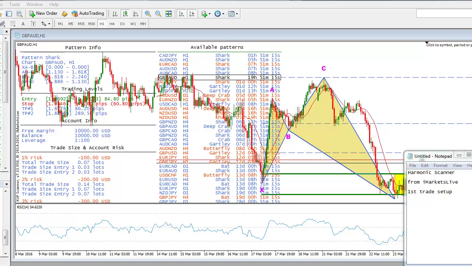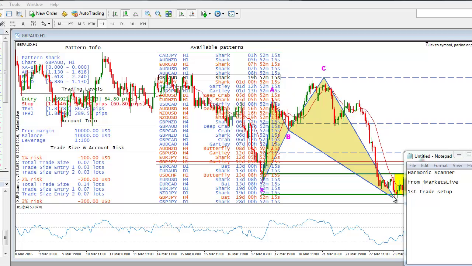Harmonic scanning is all about identifying patterns that repeat and are strongly driven off Fibonacci levels. So we'll see, for example, on the chart here, this pattern here, this is a pound US Aussie dollar. It's called a shark. So price has risen to a level. It's done a retracement to about a 0.382 Fibonacci level. It's then extended past there and then done the reversal, and it's the extent of this reversal that creates the